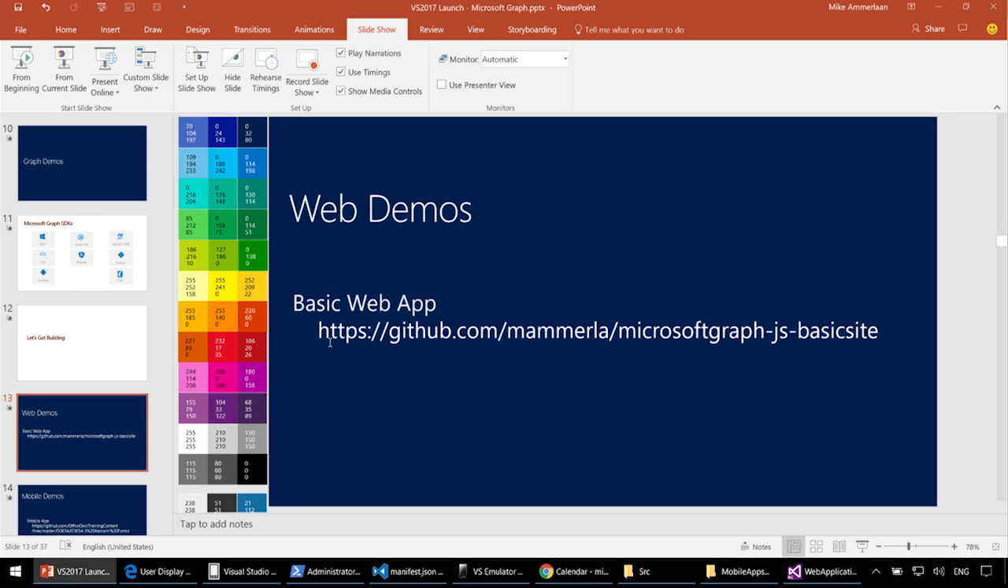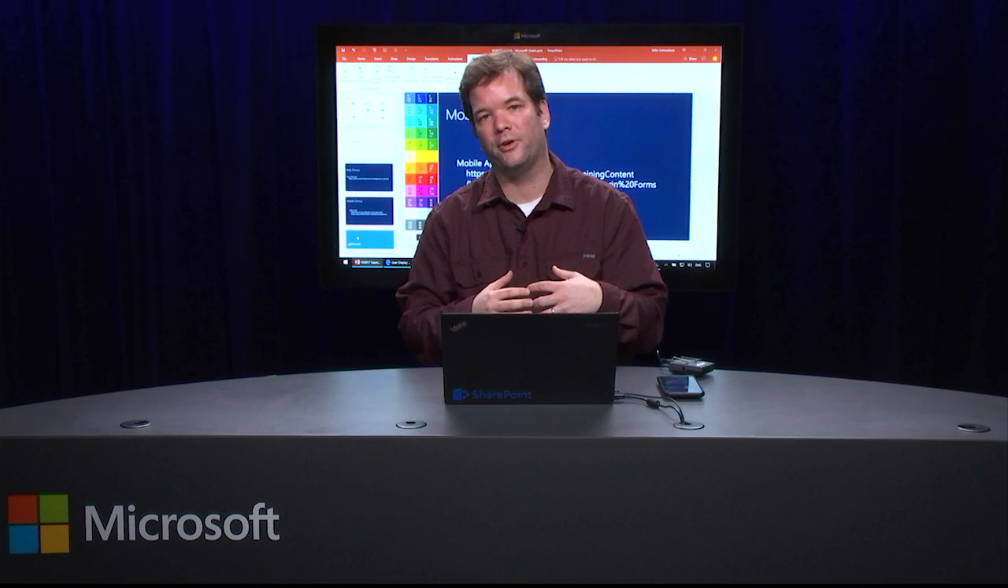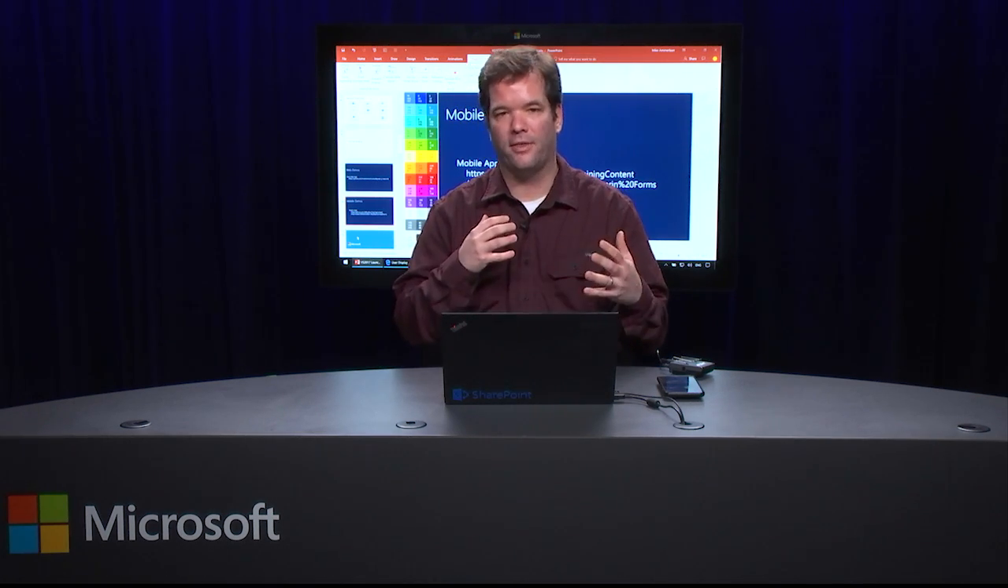The web app, by the way, is on github.com/MAMMERLA and Microsoft Graph.js basic site. This upcoming mobile demo is on github.com/officedev/training content. So we have a number of modules here that you can use, various things for training on Office,